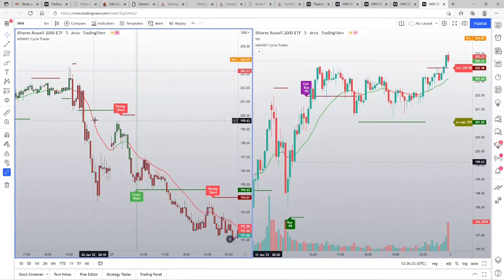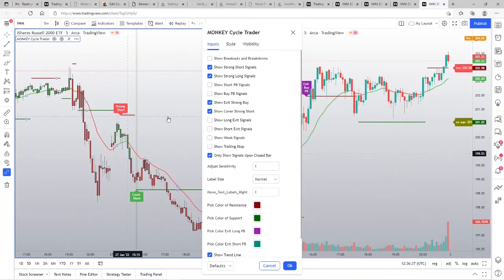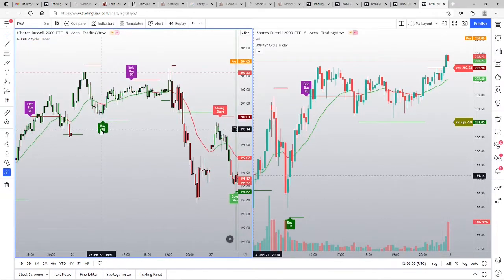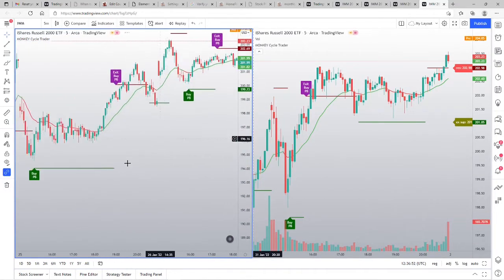Again, you click any line drawn by the indicator with double click, and you can add show short pullback signals and show buy pullback signals. You click them and you see you get different labels, different color labels. Those are teal color and purple color, and the system would recommend you trading setups found by another type